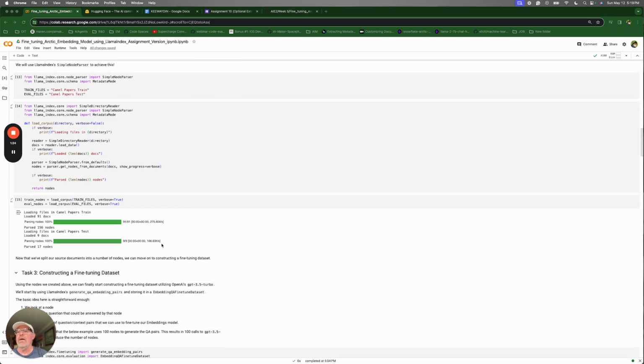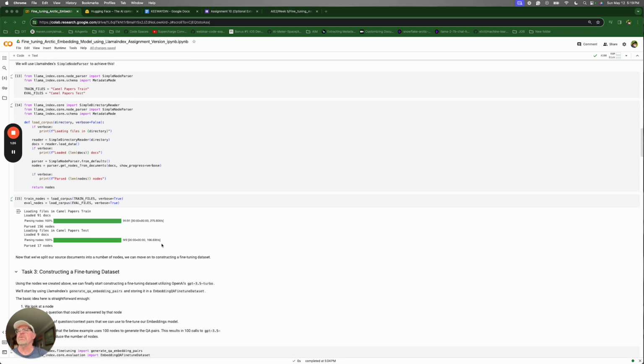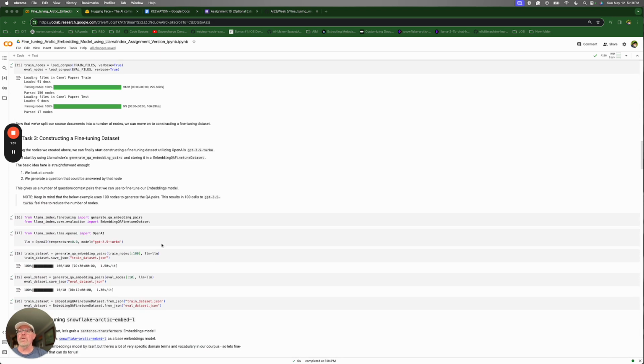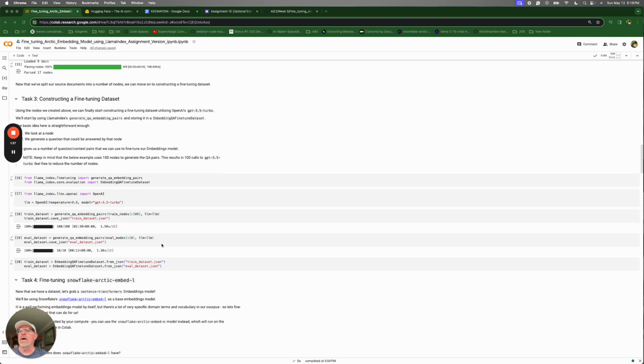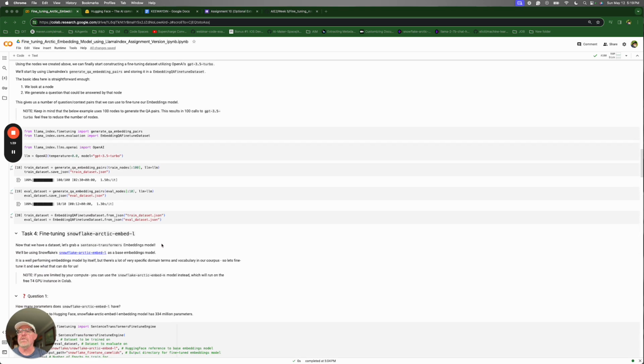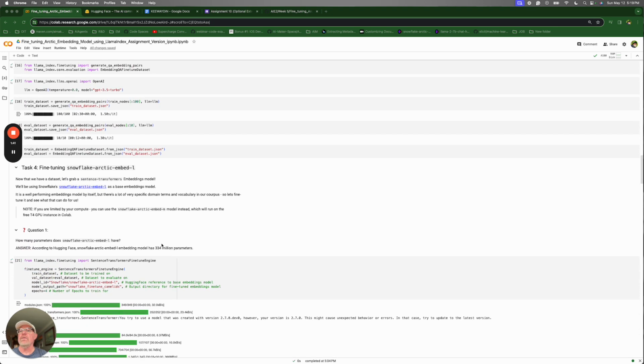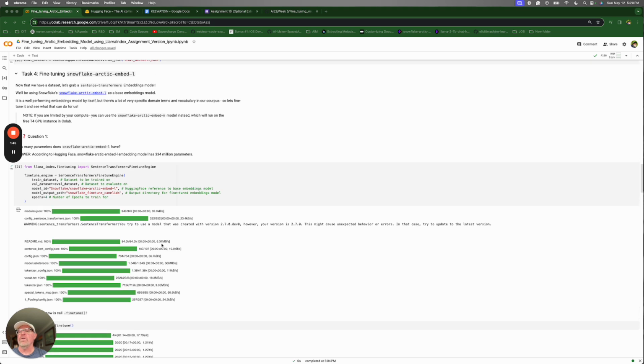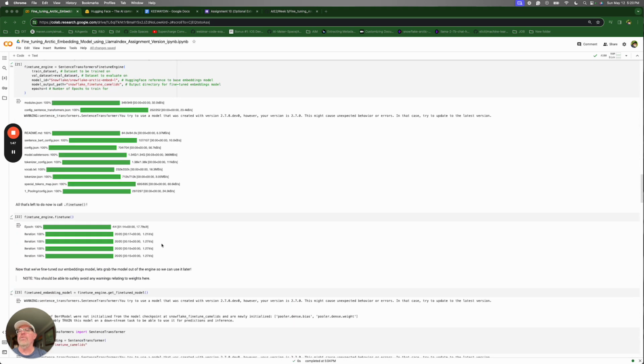And once we have that set up in nodes, which is the nomenclature for Llama Index, we're going to construct the fine-tuning data set. In my case, I got 100 for the training set and 10 for the evaluation set. And then we want to set up and actually be able to fine-tune that. So we're going to run 4 epochs,